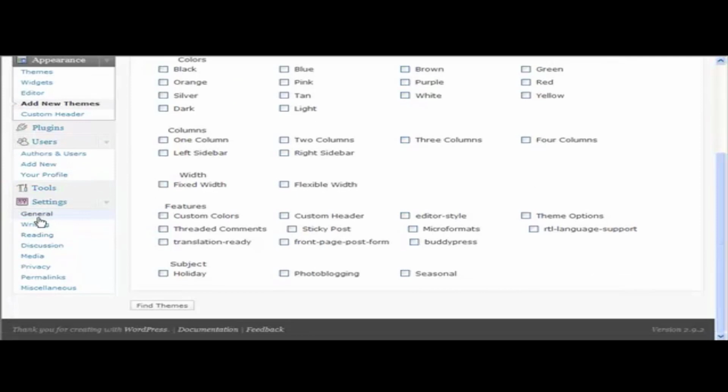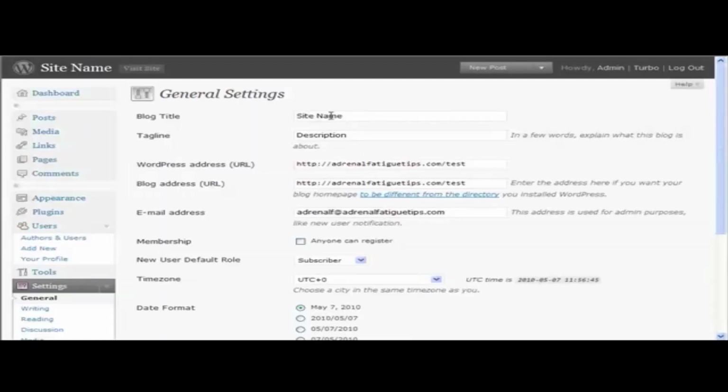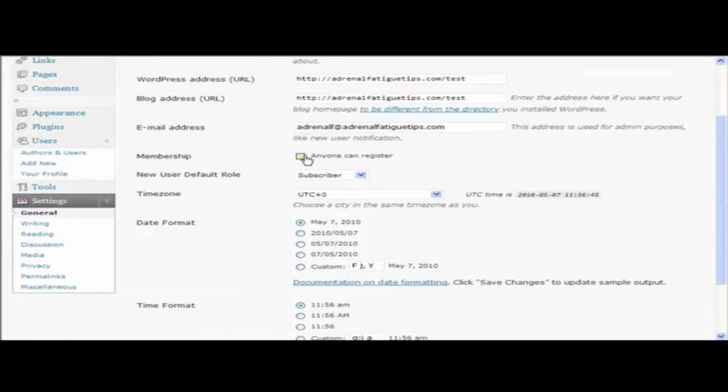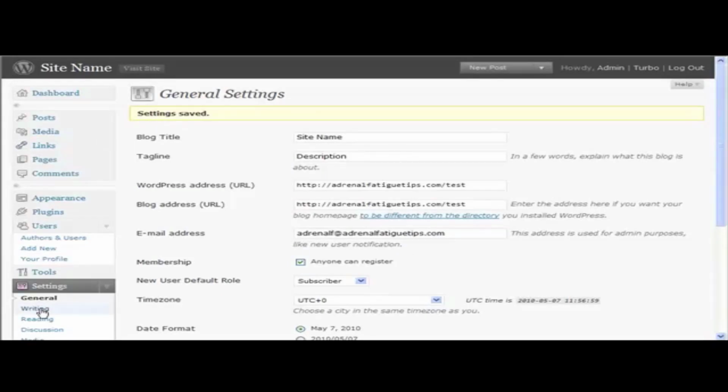Now, under settings, you've got some changes that you need to make here. Again, this is where you change your site name and tagline. You can let anyone register and just save the changes when you've done it. If we next go to writing,